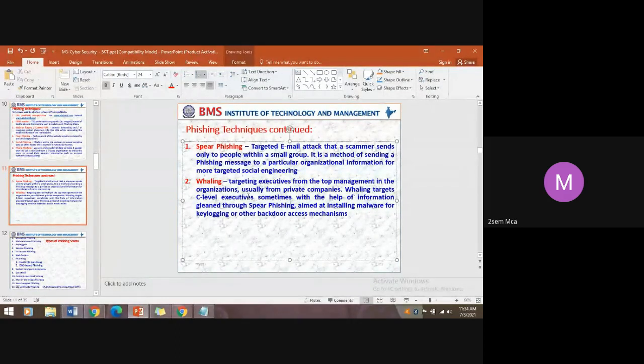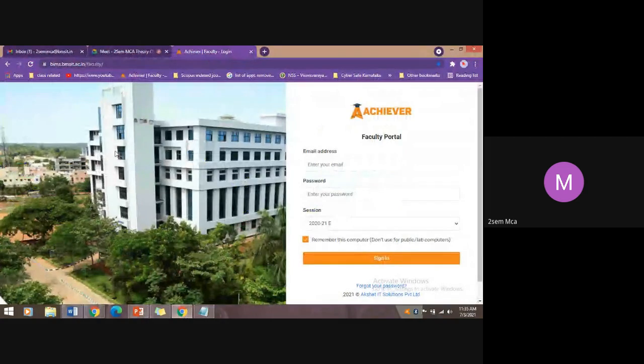So another interesting phishing attack is tab napping. The other attack is tab napping, also termed tab jacking. This is very interesting. Tab napping or tab jacking. So many of us, when you can observe here,